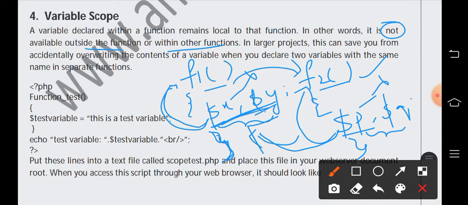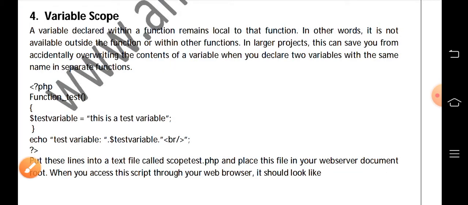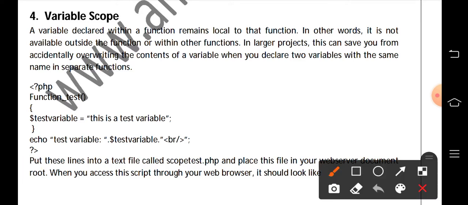Getting? Then in this example, you can see we have one variable inside the function. When we close this function, this test variable will be destroyed. It will be no more outside of the function.